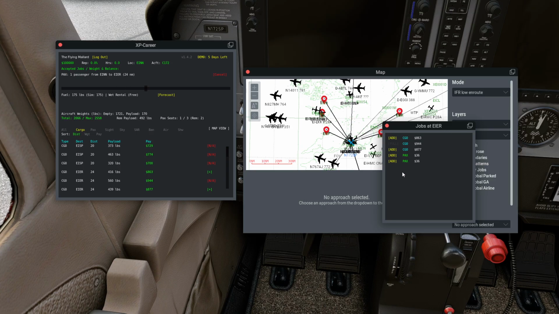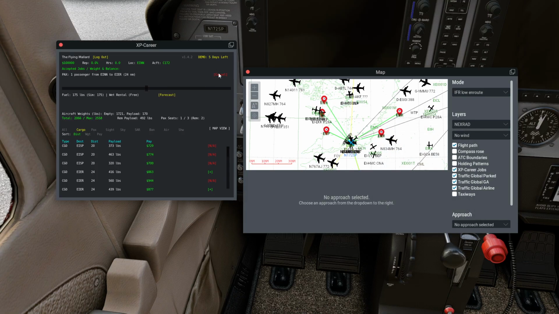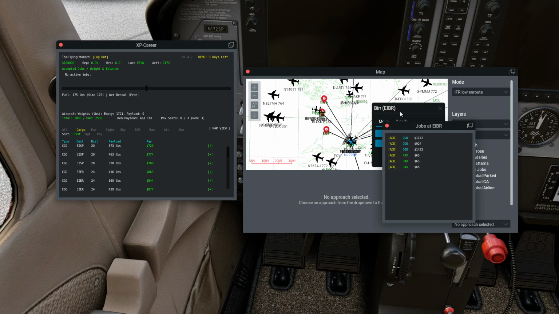I think so. No, they're the current job. So we can do it. You can do it like that, which is pretty cool. And then we've got an airfield there, look, which is EIBR,